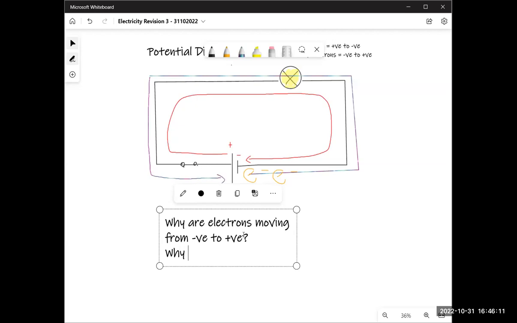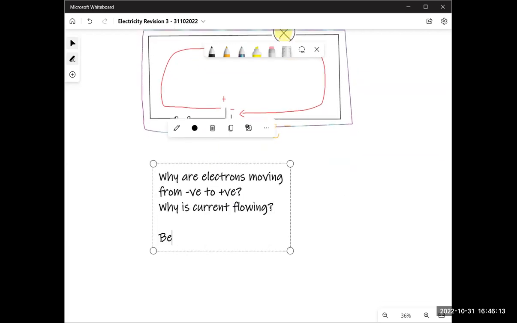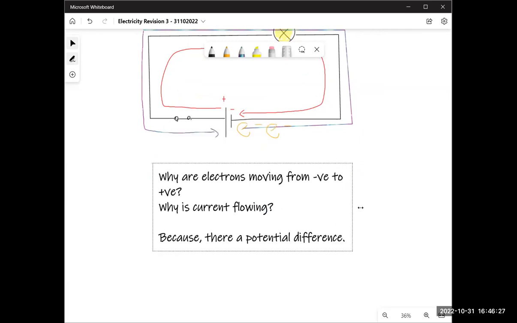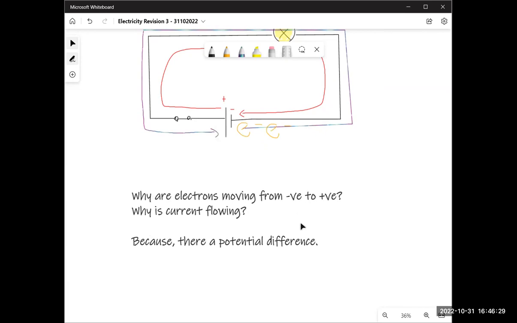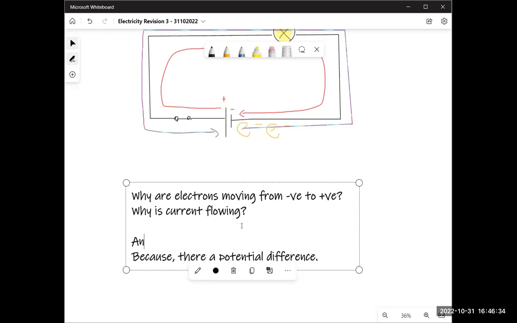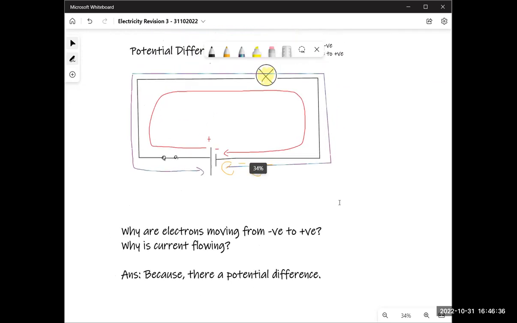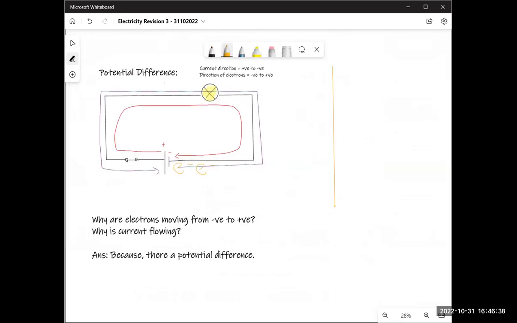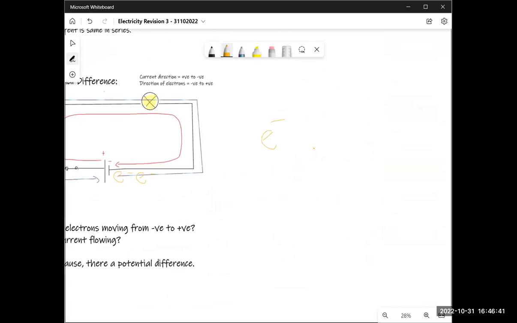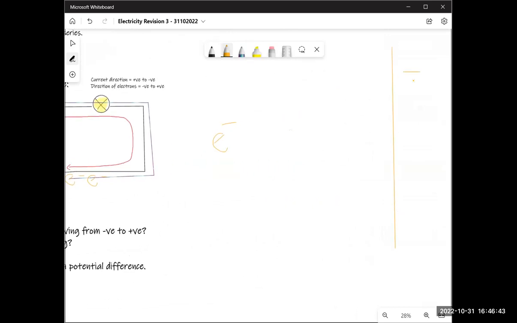The answer for these questions is going to be because there is a potential difference. What is it? A potential difference. Because if you have a potential difference, then you'll have current flowing and you'll also have your electrons moving. Now we realize, okay, what is a potential difference? You should know, if I have, let's say, an electron, and I have a positive plate here,